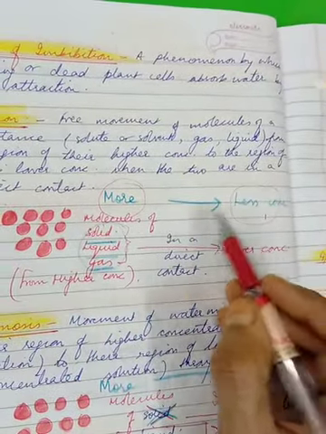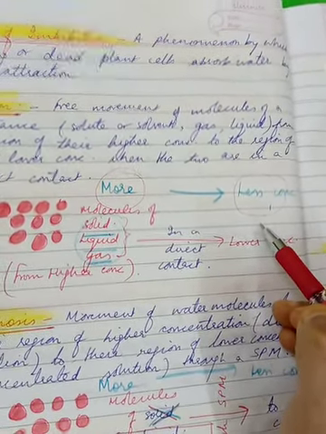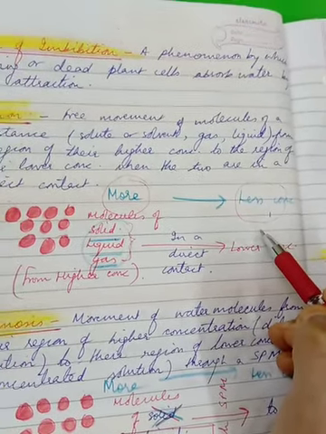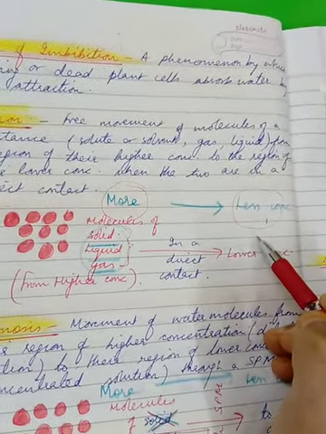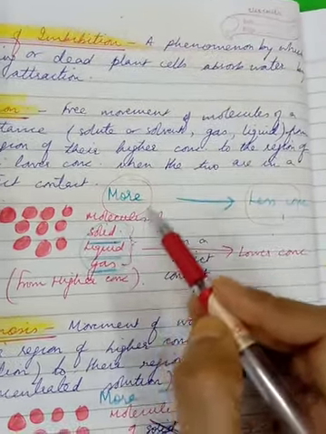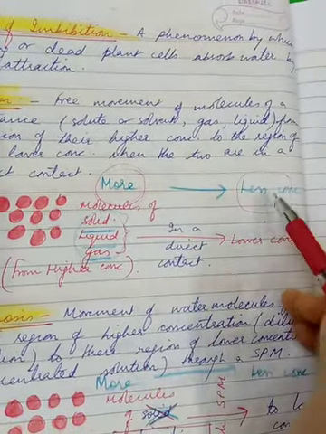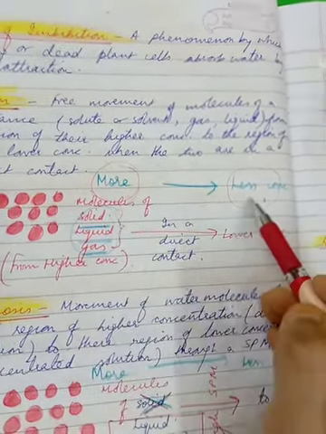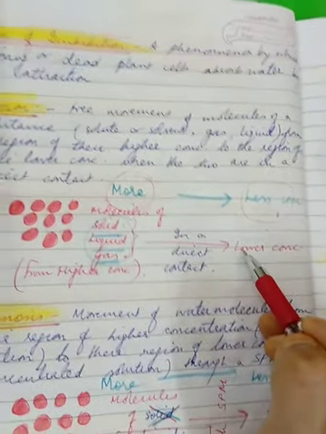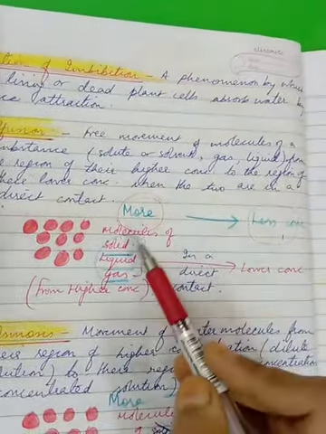Remember, the areas which have more can only be the donors. Suppose it's money in society: the rich can give to the poor. Or if it is knowledge, the knowledgeable people like teachers can impart it to those who have lesser knowledge. So when we talk of molecules also, only the areas which have more can give to those with less. Vice versa is not possible. Beggars can't give to rich men, and those who do not have knowledge cannot give it to the ones who already have it. Same thing is with diffusion.